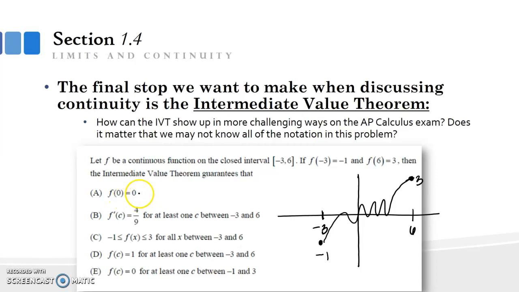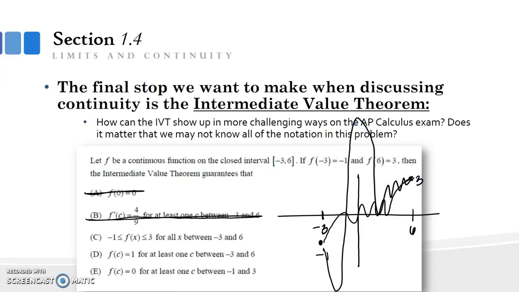So then I want to check out my solutions. I don't have any way of guaranteeing a specific point, so I don't know that f of 0 is 0. Part B is asking me about a derivative. We don't know about derivatives yet. It's not going to be that solution. So then I want to see, is my function always between negative 1 and 3, in between negative 3 and 6? Well, no, because it could go outside of those values. Like I could have my y values come down here and then go up here and return. So it can go outside of those. It says my function value is going to be 1 for at least one point between negative 3 and 6. And that's true because if I'm going from a y value of negative 1 up to 3, it has to meet